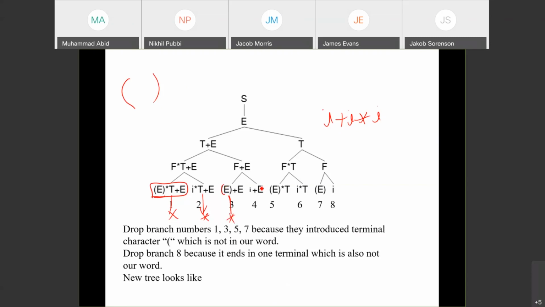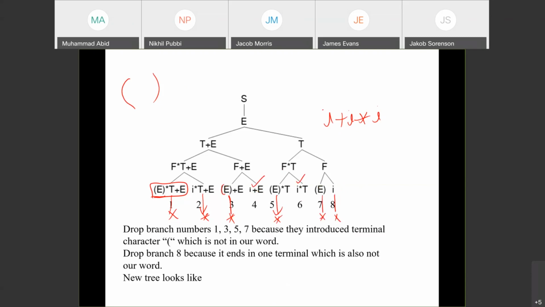I plus E, it is not complete, but so far whatever is there, this looks good. So this also is wrong because it has parentheses there. This so far is good. This is wrong. This is good. And this finishes here. It does not have any non-terminal. So it means I is a final answer, which is